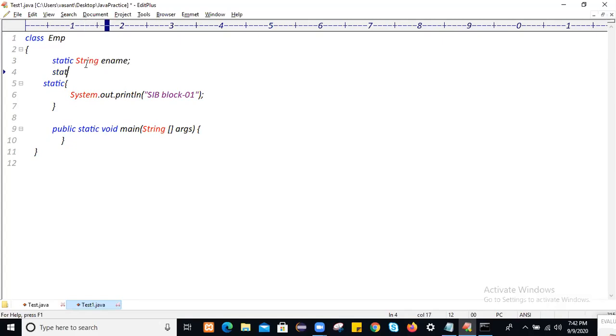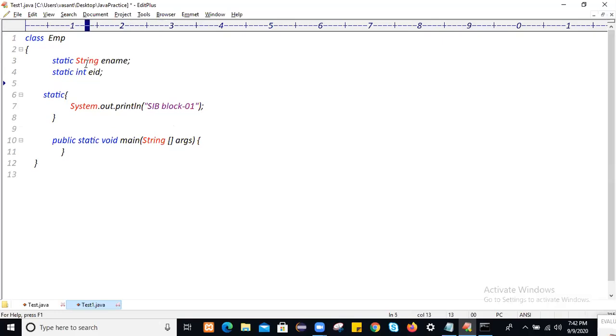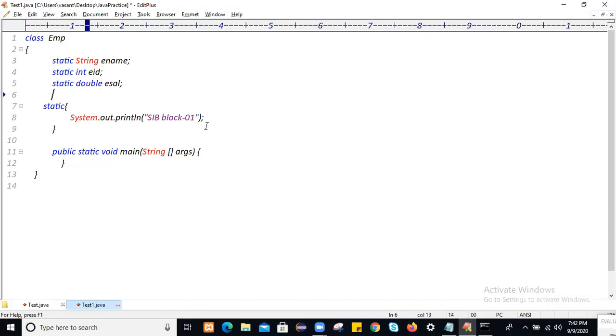Then employee ID is there, as well as a static float value for salary. Static members of the class will get initialized only once when you compile your Java file.